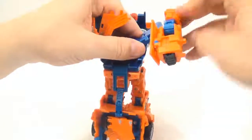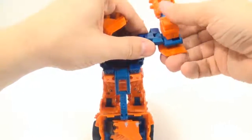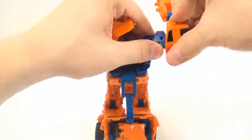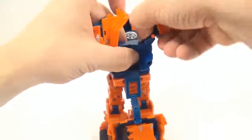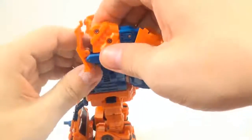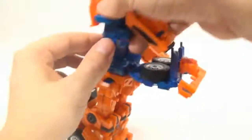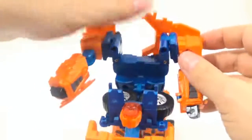This needs to, okay, oh, there, needs to be around it this way. Here, flip this like that, flip this up, flip this around. Okay, and then this right here, see there's a tab and then there's a hole right there. You just want to tab that into there. Okay, so once that's